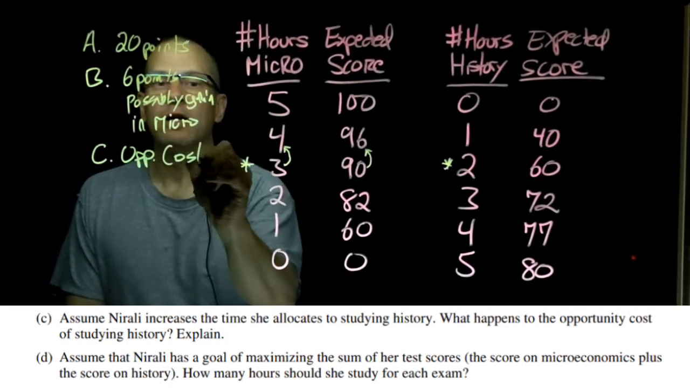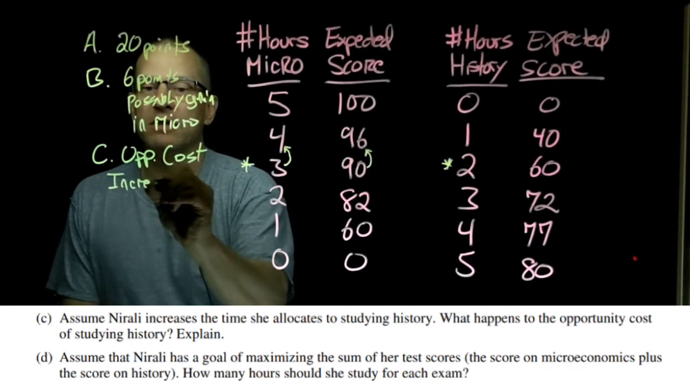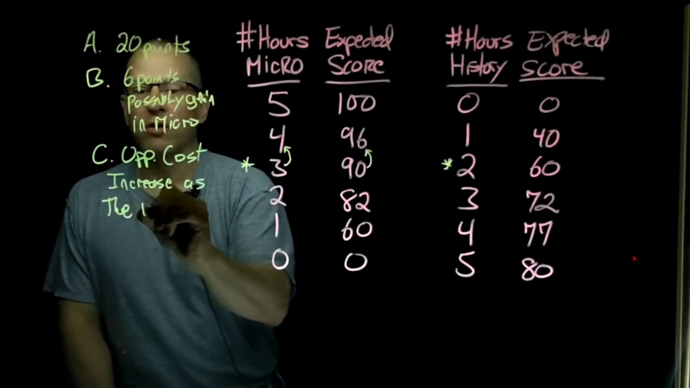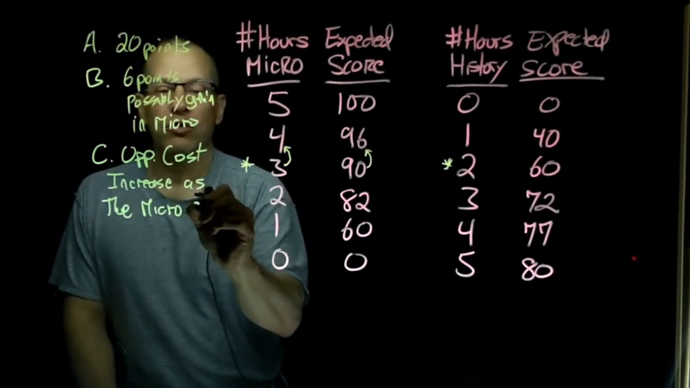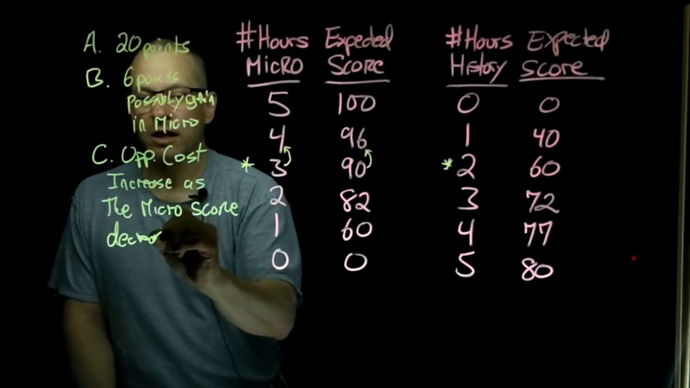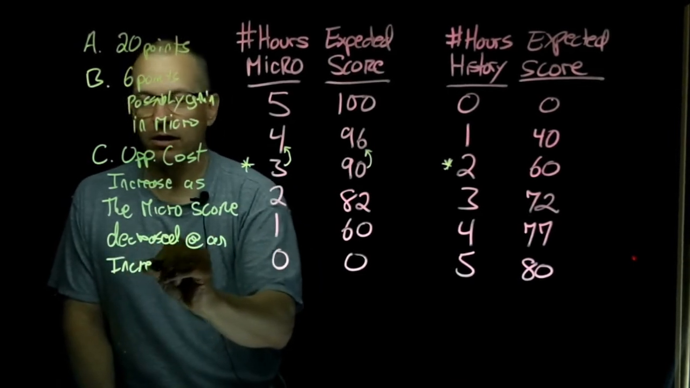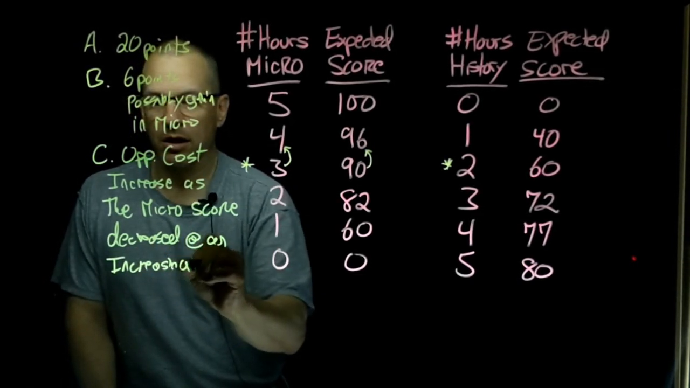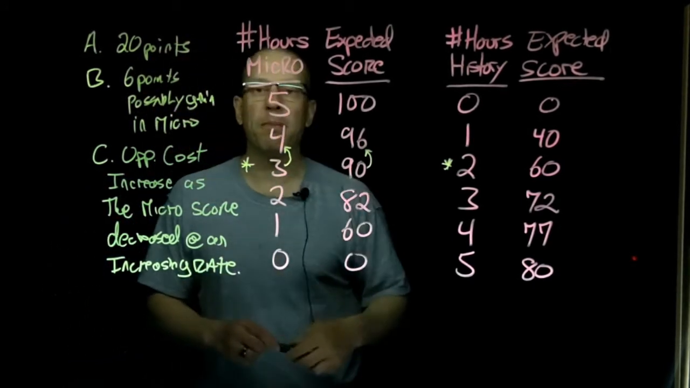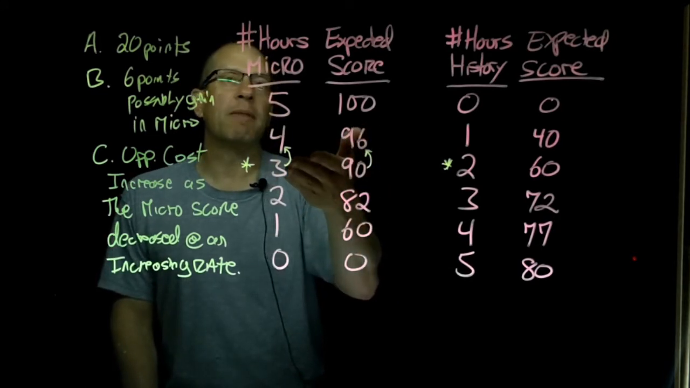Opportunity cost increased as the micro score decreased at an increasing rate. Okay, and to explain that a little bit more, every time I'm giving up an hour in studying microeconomics,